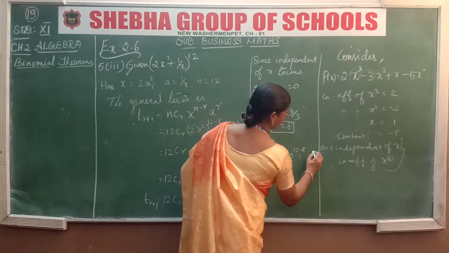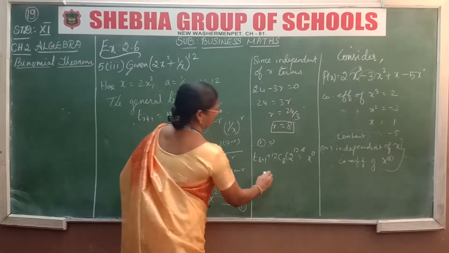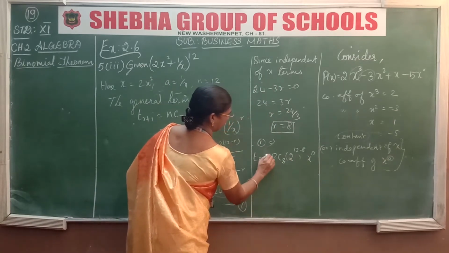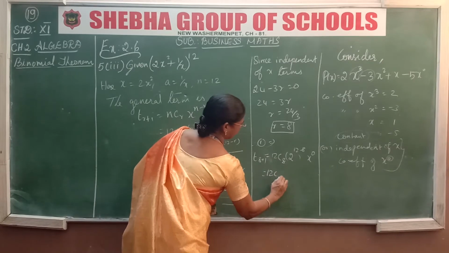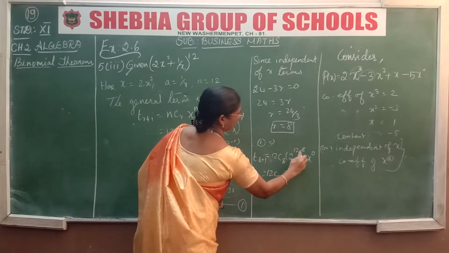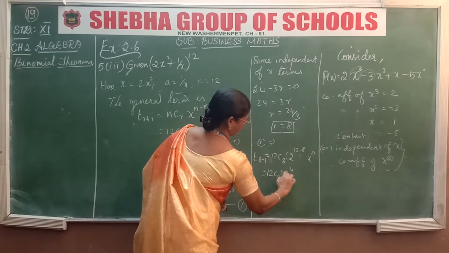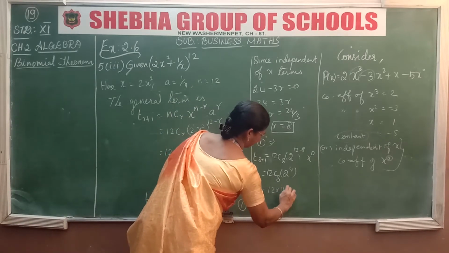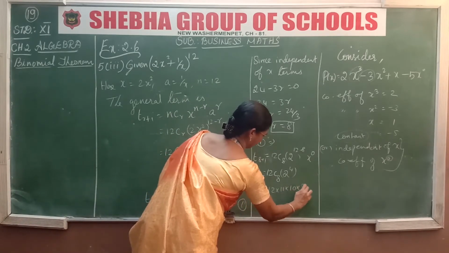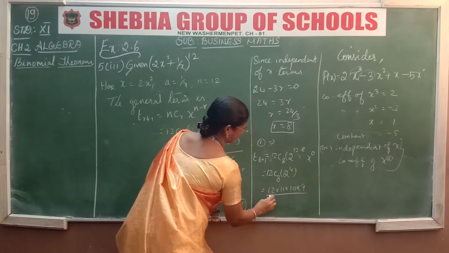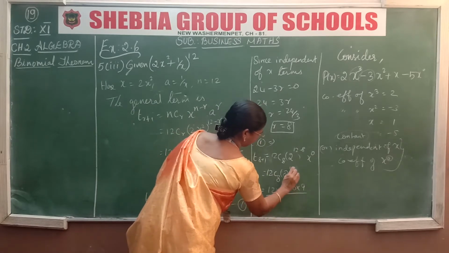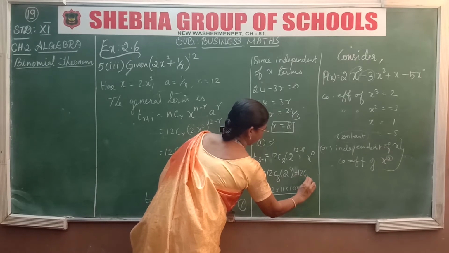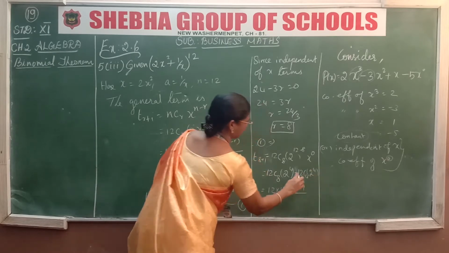So 24 minus 24, 0. This is equal to 12C8, 2 power 12 minus 8 is 4. And expanding this, we replace this by 12C4 into 2 power 4, isn't it? 12C4